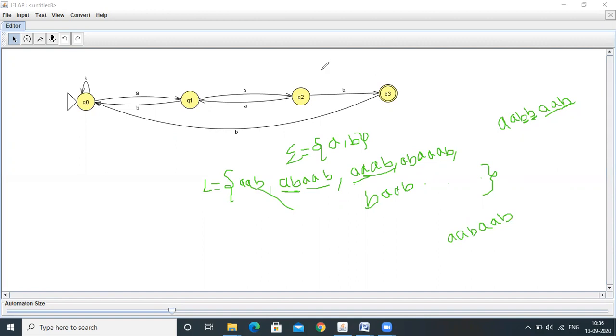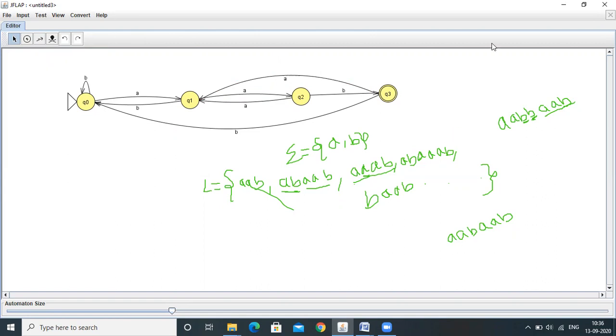So Q3 on A will come back to the Q1 state. Now we have defined all the transitions.